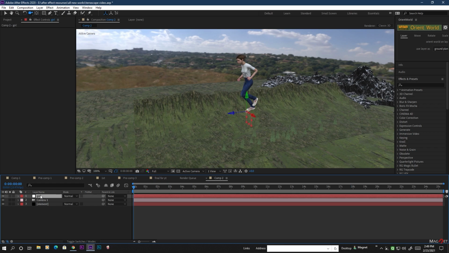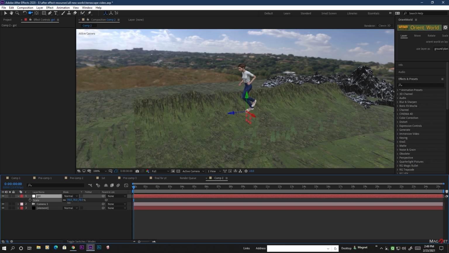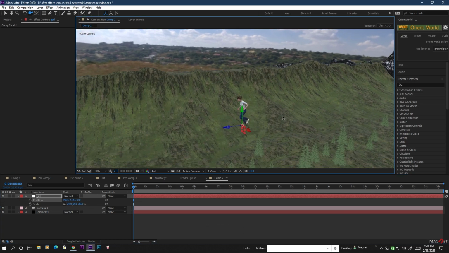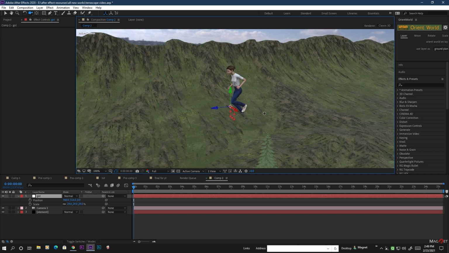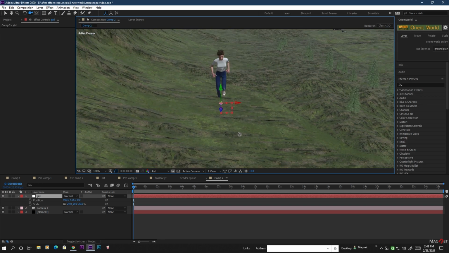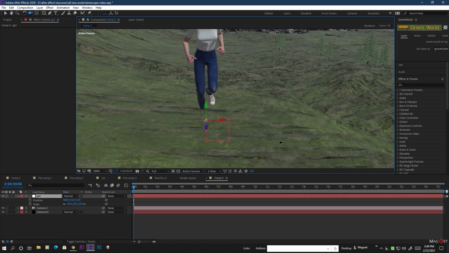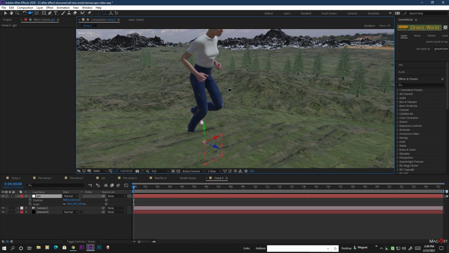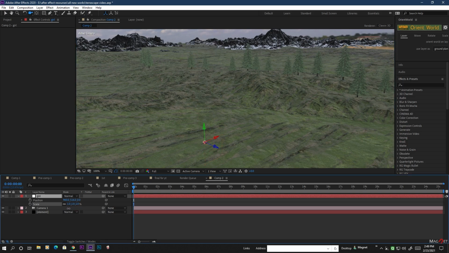And now first we scale it down, okay, and also we position it like this, and also we go here. And as you can see, our model is still so large, so we have to scale it down